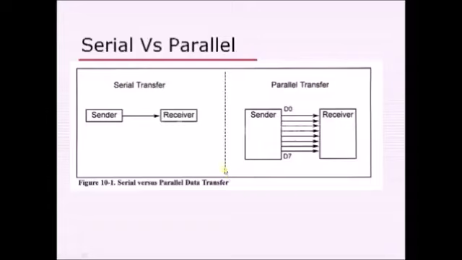When you look at the advantages and drawbacks here, the advantage of serial communication is that it is simpler, and the cost used for implementing this kind of communication is very less. But when it comes to drawbacks of serial communication, the speed of transmission is very less. In case of parallel communication, the advantage is the speed of transmission is high, but the drawbacks are, as this system looks very complex, the cost for implementing this kind of communication is very high, and there is a chance of noise to degrade the message.